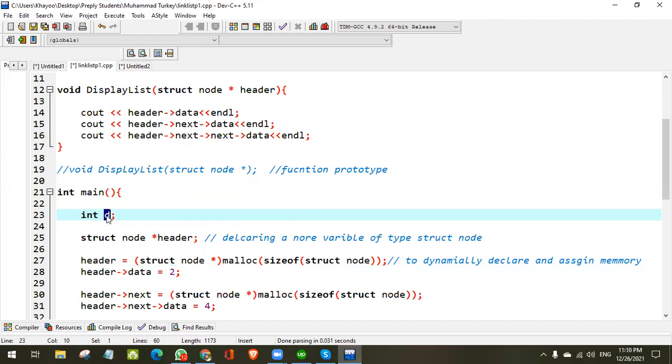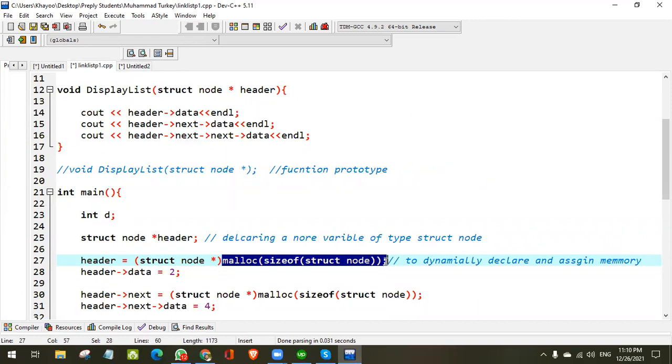You understand? But when we define this header, this header does not allocate anything. It will not be allocated any memory. This function, malloc function, will generate the size of memory, and this memory will be assigned to this header.